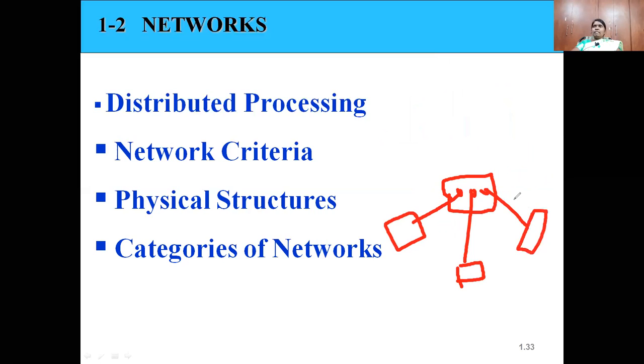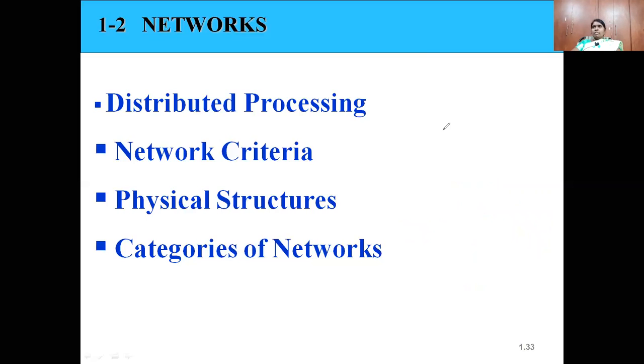If any problem occurs between a system and the hub, only that system is affected and the other systems will be in working mode. Only if the hub gets damaged will all the systems shut down. Okay, next, the last one is